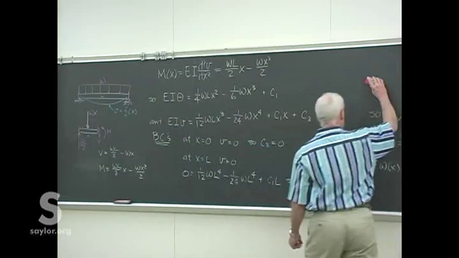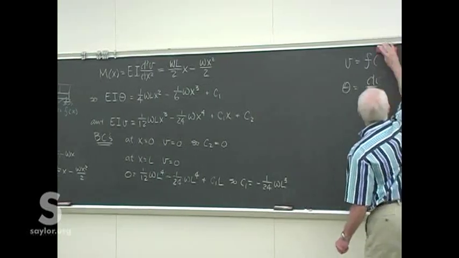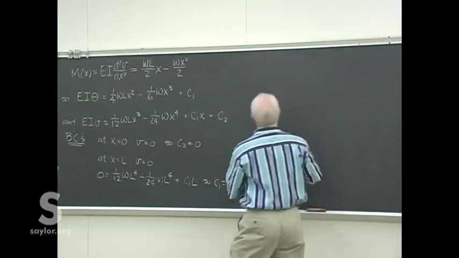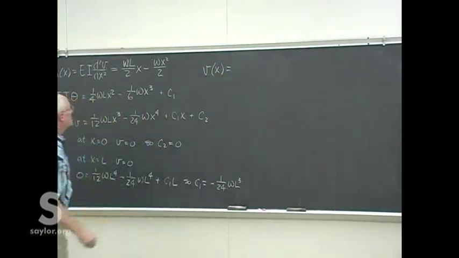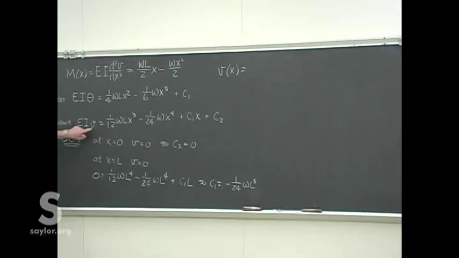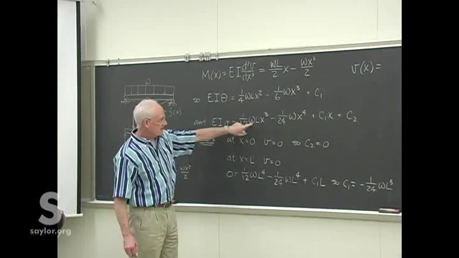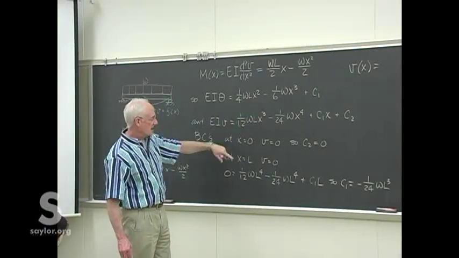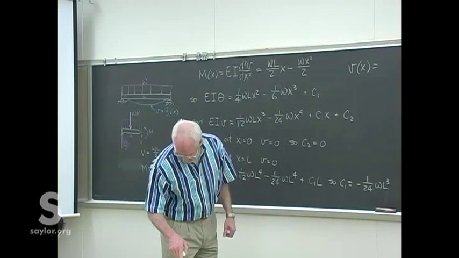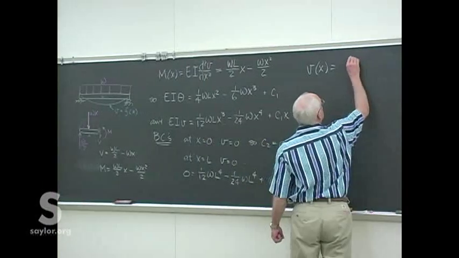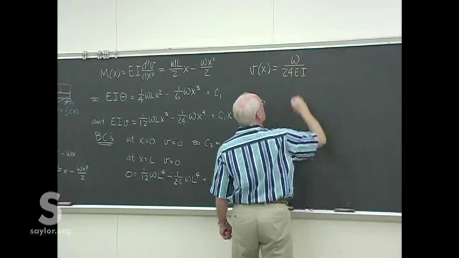And now we have our entire curve as a function of x. Go back to here, divide through by EI, collect like terms. There's a w in every term, there's a bunch of L's in every term, and you can clean it up so it looks like this. W over 24 EI